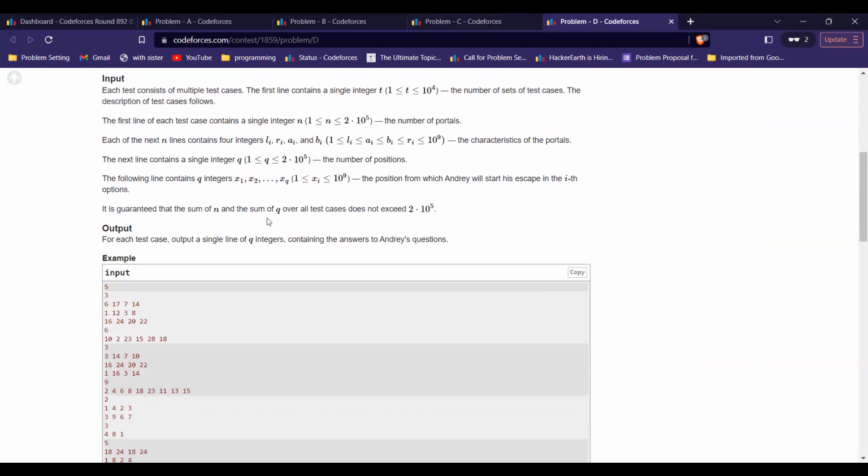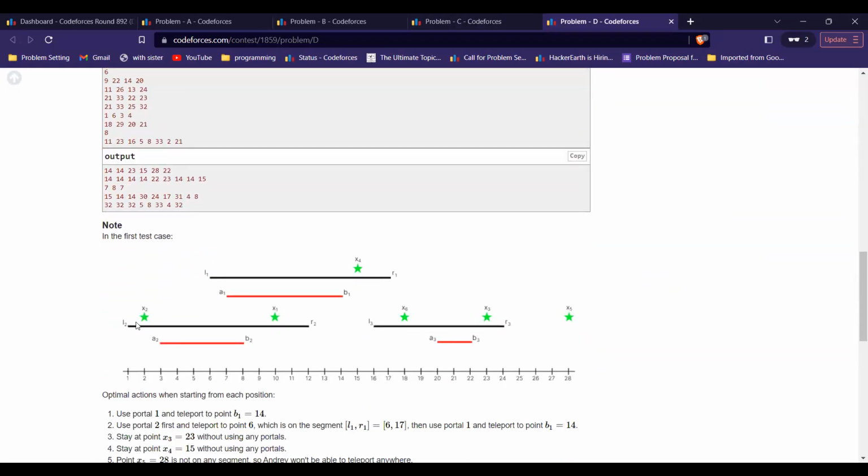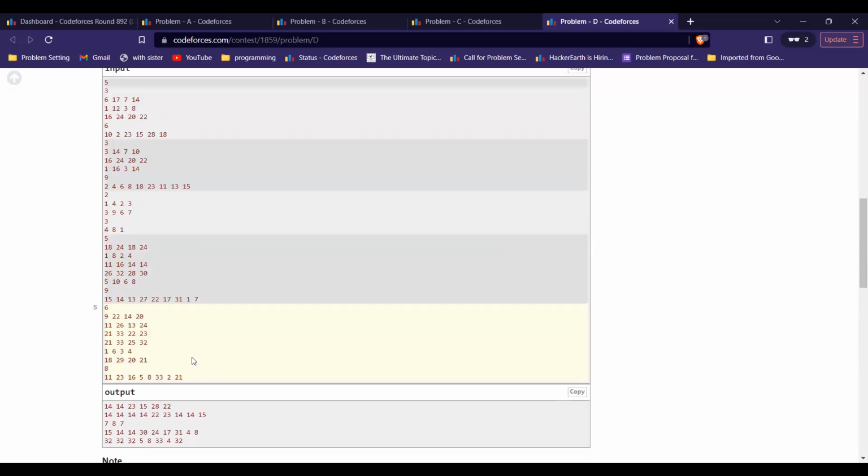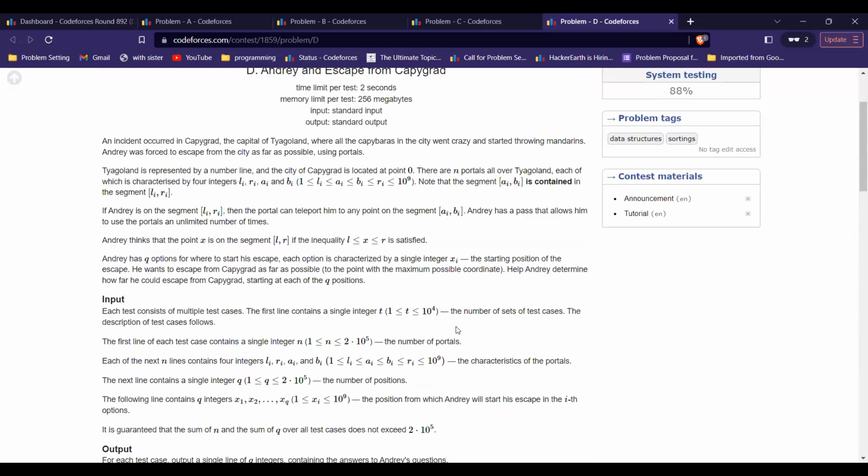So basically these li, ri simply mean that if you are anywhere in li to ri, you can simply go to anywhere between ai to bi. So this way we are given n portals, and